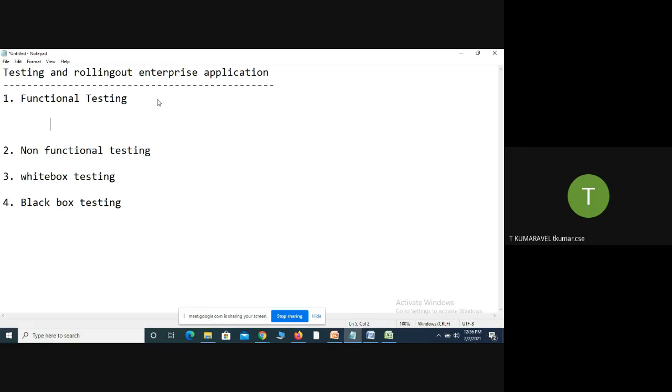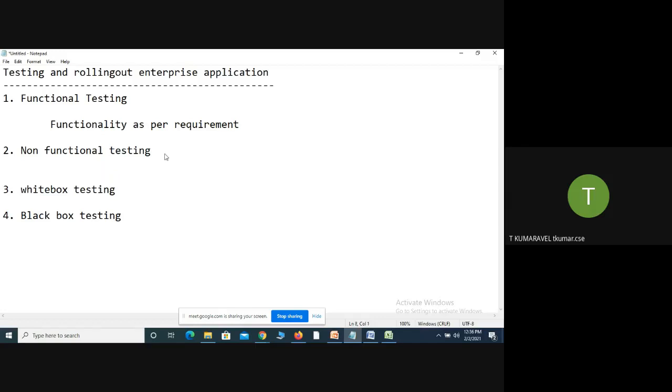Testing the functionality as per the requirement is called functional testing.